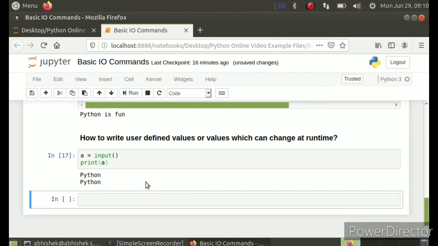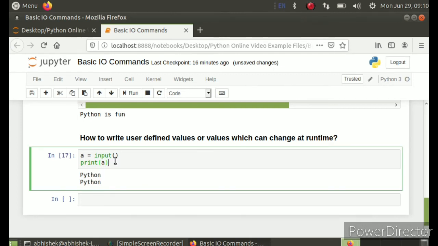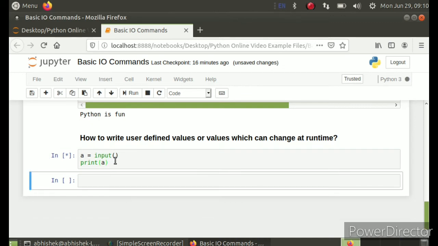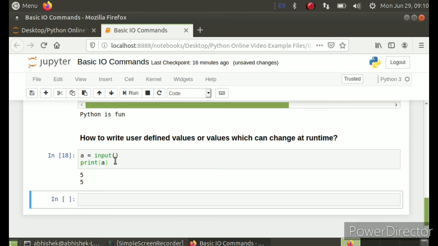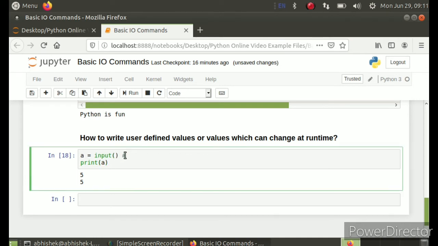Now if I want to change the input, I don't have to go and change the code, I'll change it here at runtime. But do remember one thing, this syntax is for string input only. I have written 5 here, which is an integer, but actually Python is treating it as a string.